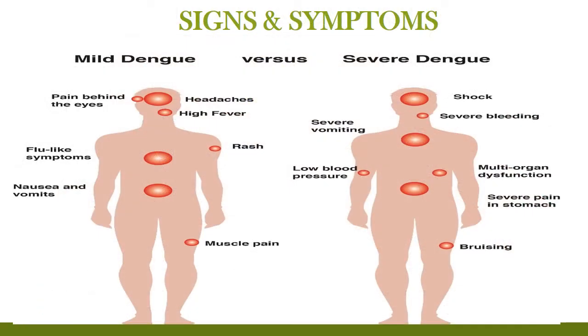And about the signs and symptoms of dengue fever, the majority of cases of dengue fever are asymptomatic and mild. It usually begins 4 to 10 days after being bitten by an infected mosquito, and symptoms last for 2 to 7 days. Dengue fever should be suspected when a high fever of 40 degrees Celsius or 104 degrees Fahrenheit is accompanied